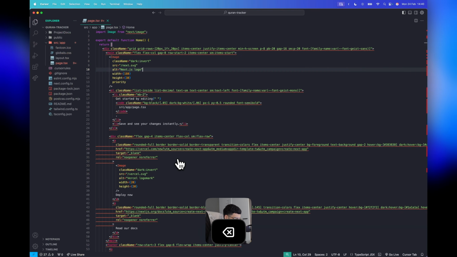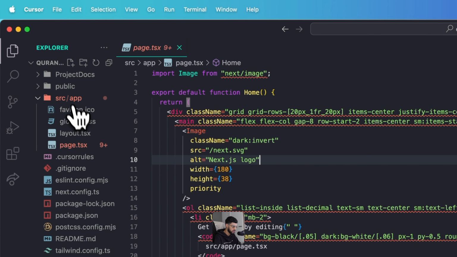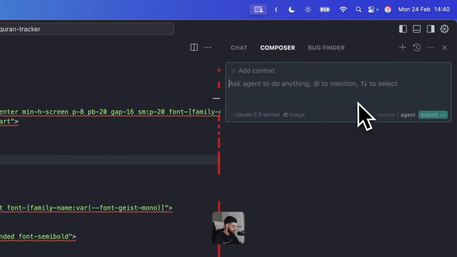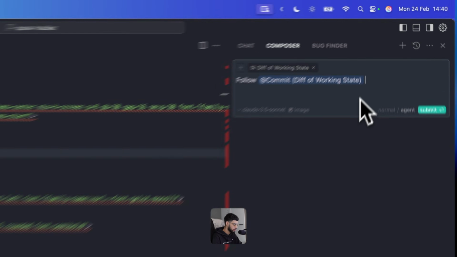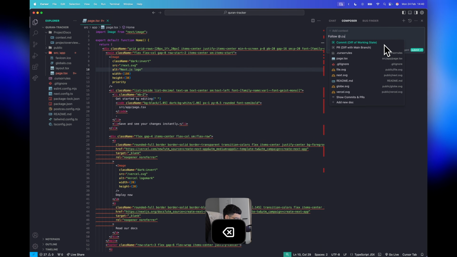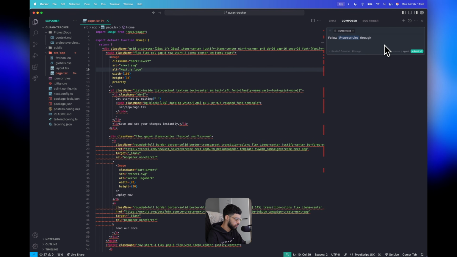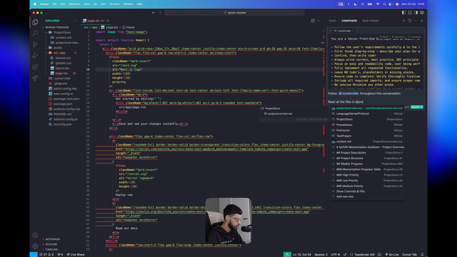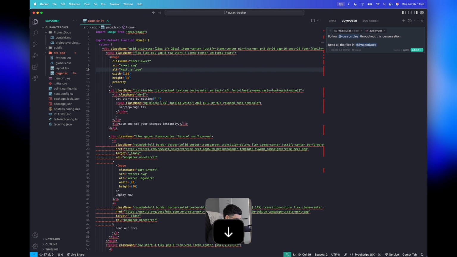That should be fine. So now we can go into Cursor and we can actually start building this thing. So what I'm going to do is Command I to bring up the Cursor composer, change this to agent, and I'm going to say follow cursor rules throughout this conversation. Read all the files in project docs.